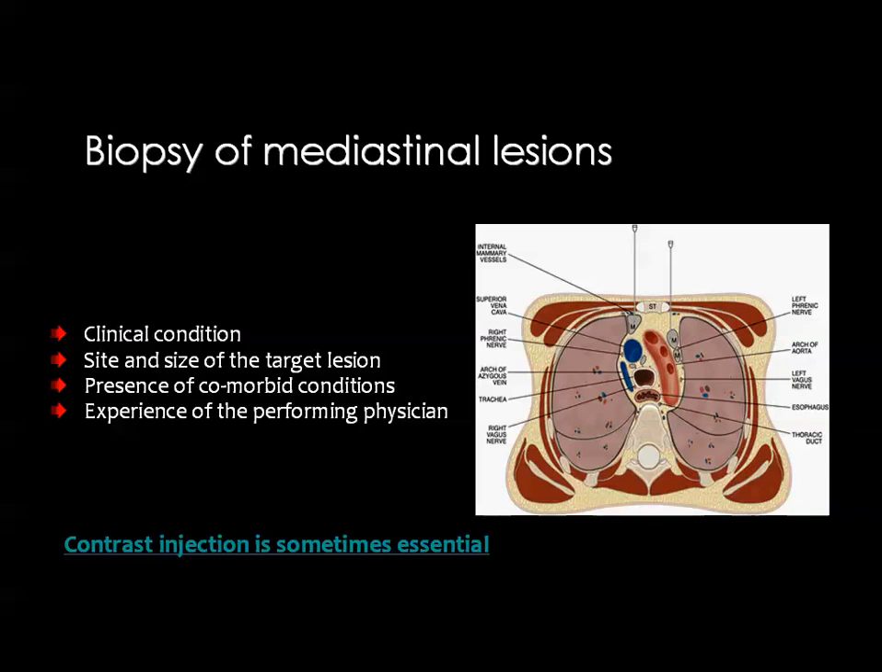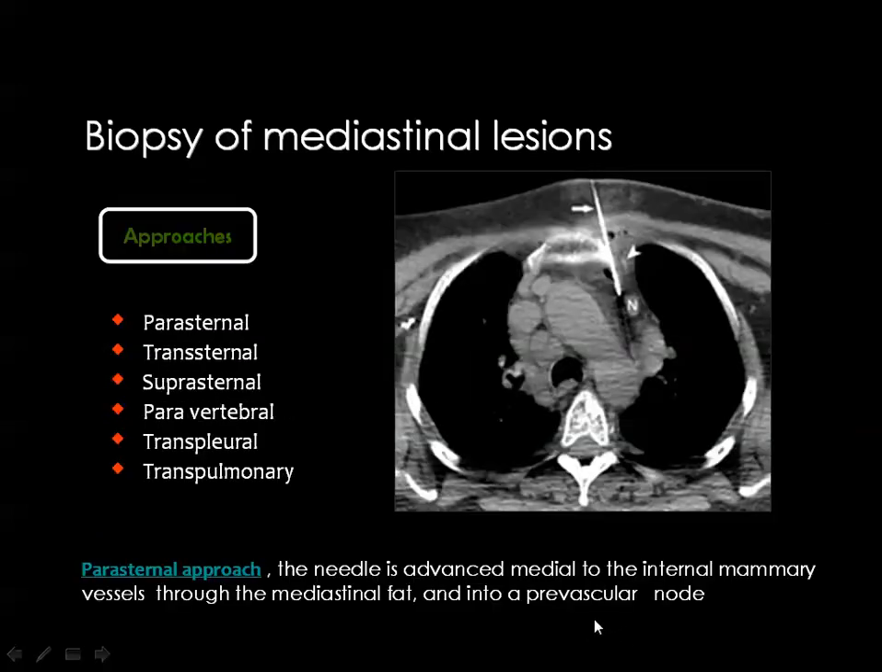Then the same steps as for needle-guided biopsy of pulmonary parenchymal lesions are followed, including the assessment of the clinical condition, evaluation of the site and the size of the lesion, and the essential need for injection of contrast medium in order to clarify the major vascular structures which are in the vicinity of the lesion itself. Then we have different approaches for biopsying mediastinal lesions, like the parasternal or the transsternal, the suprasternal, paravertebral, transpleural, and